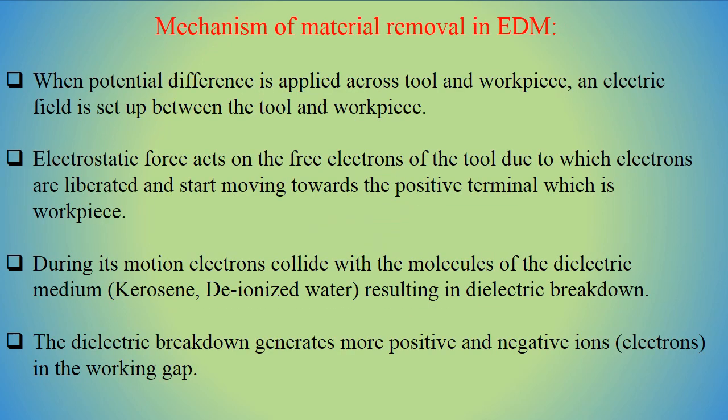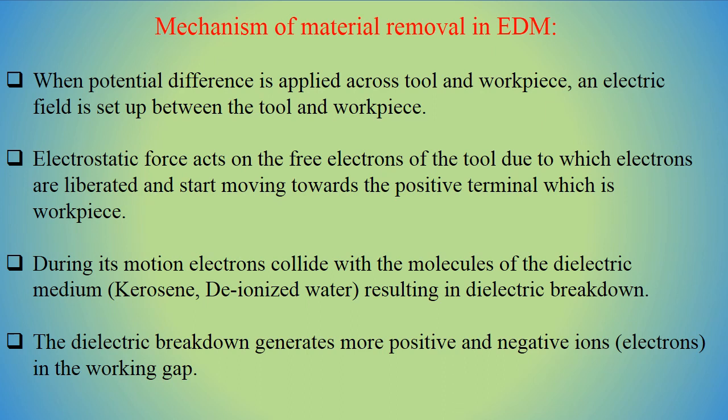These are some important points on how the mechanism of material removal takes place. When a potential difference is applied across the tool and the workpiece, an electric field is set up between them. This electric field exerts forces on the free electrons present on the tool. These free electrons are subjected to electrostatic forces, and if the bonding energy of these electrons is very low, they will be liberated from the tool and start moving towards the positive terminal,